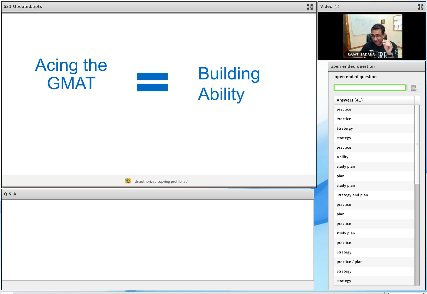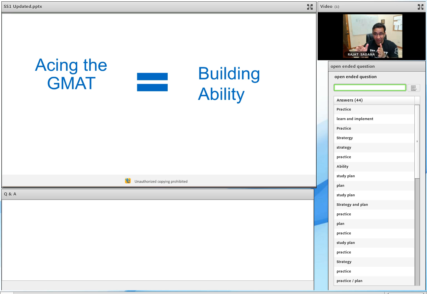essentially skill, or no, what was the word? Sorry, techniques. Okay, there were a few good things, which a few of you talked about plans, a few of you talked about building competency. I love to hear those words. But when I see the word practice, practice, practice, I will tell you,